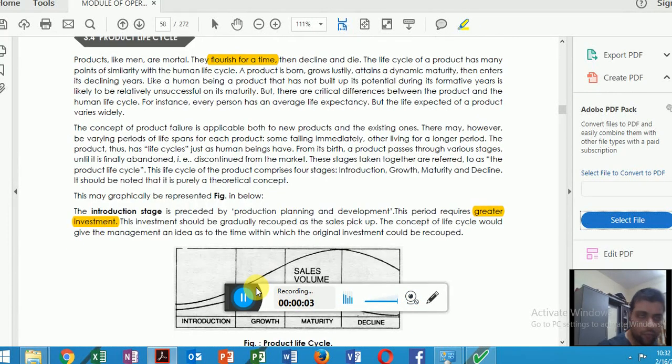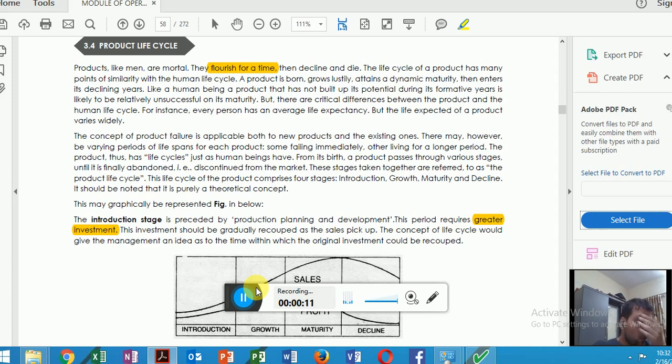The next topic which we are going to understand after process planning is the product life cycle, which you are seeing here. If you correlate the life of a human being with the life of a product, you will be easily able to understand and correlate the different phases which come under product life cycle. One thing you should understand here, that as humans have limited life, product also has limited life, and